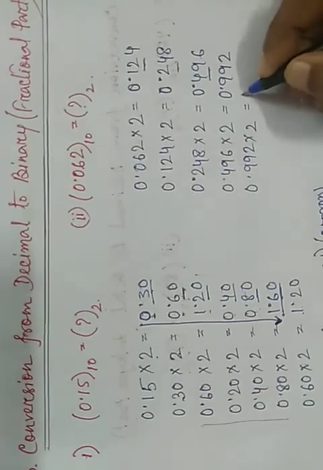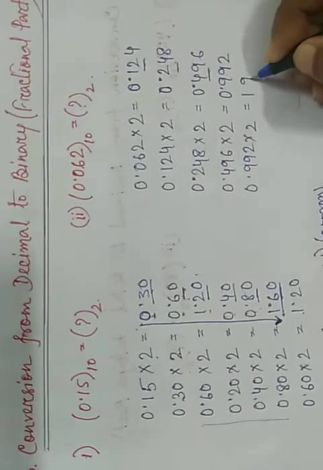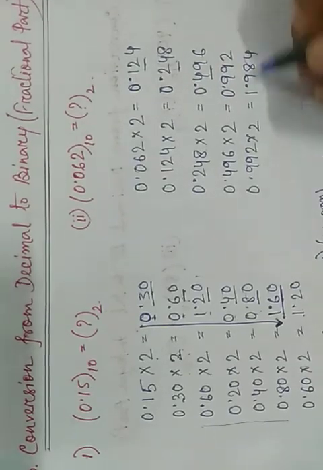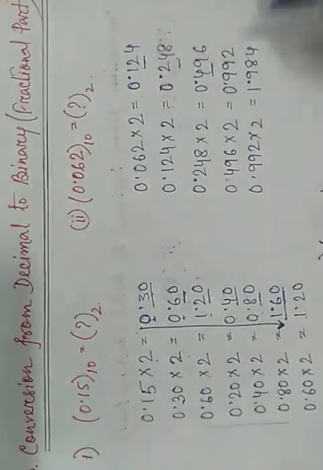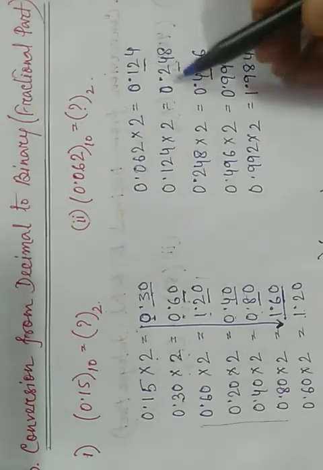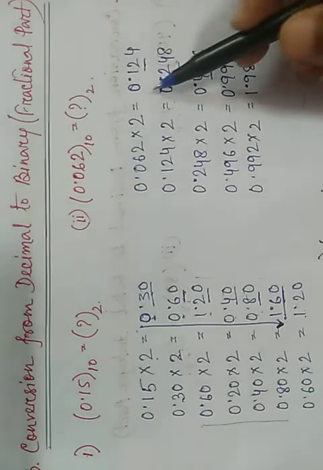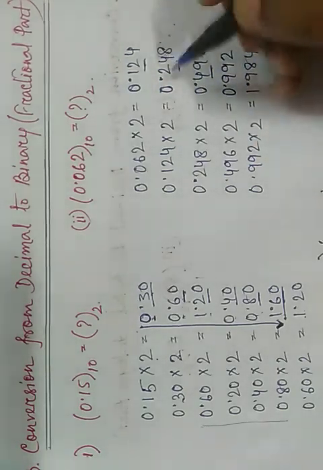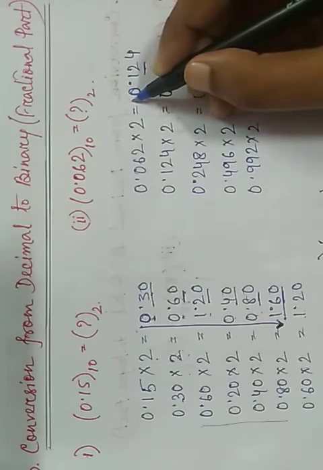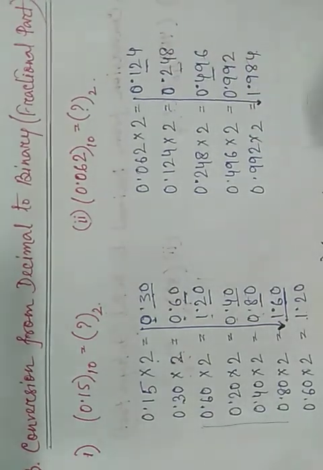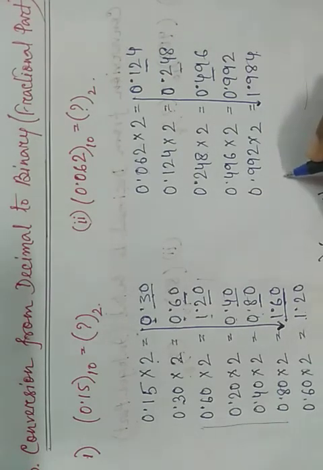It will be 1.984. So here it is after 3 decimal places, 984. Okay, so already here we have multiplied 5 times, so we can leave it here. Now we take all the integer values in downward direction. So our result is